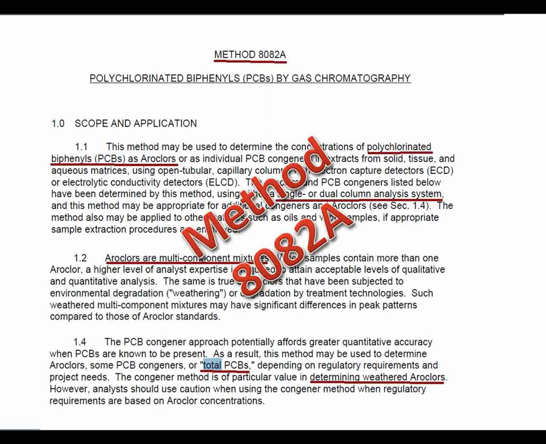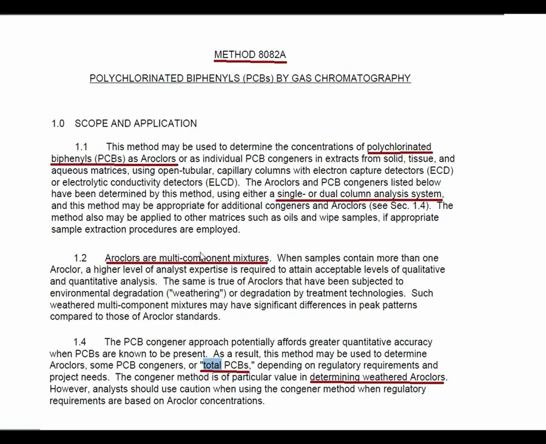I'd like to highlight very briefly some points in the EPA method 8082A, which covers polychlorinated biphenyls, PCBs as Aroclors, on either a single or dual column. Aroclors, of course, are multi-component mixtures, and what is of interest is the total PCBs, and also determining the weathered